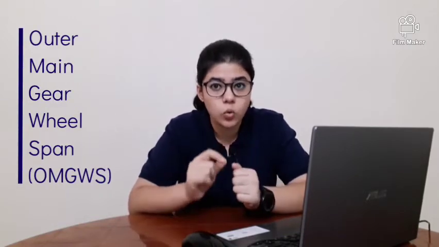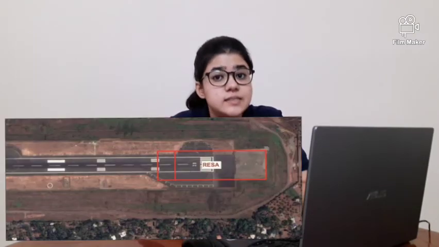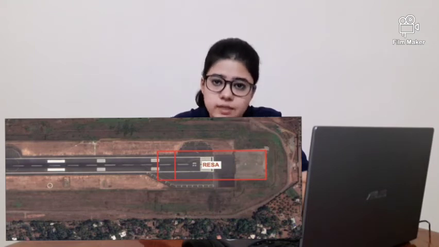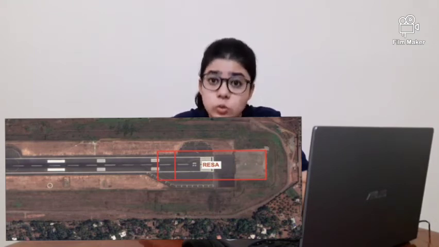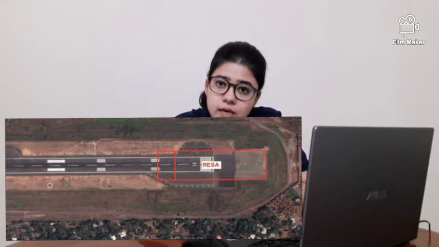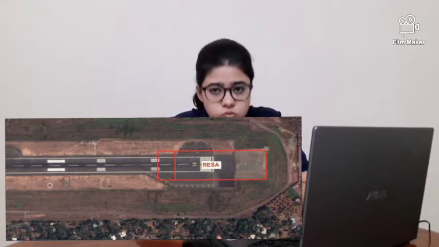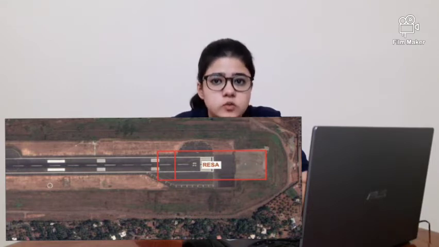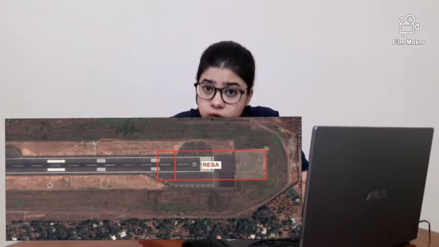What is outer main gear wheel span or OMGWS? It is the distance between the outer edges of the main gear landing wheels. Now we will be talking about RESA or the runway end safety area. It is a symmetrical area about the extended runway center line that is located adjacent to the runway strip and is used to reduce the risk of damage to an aircraft in case of overrun or